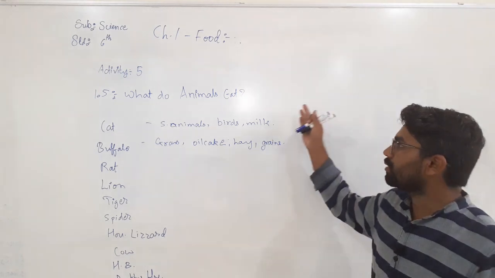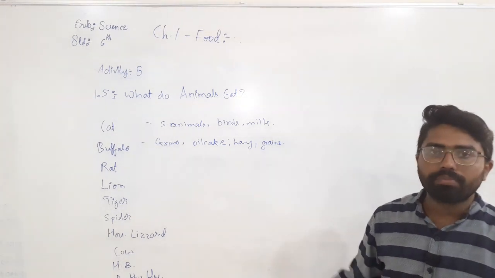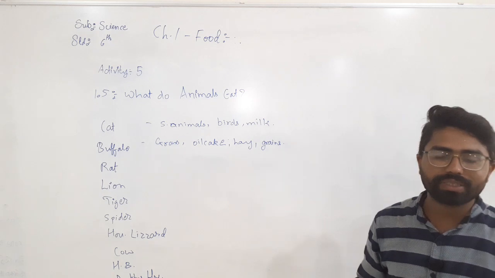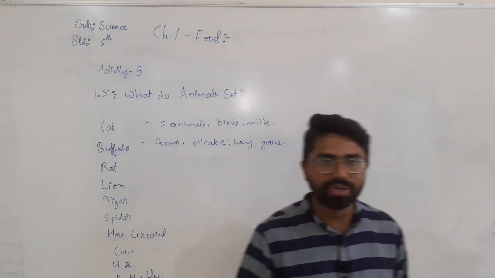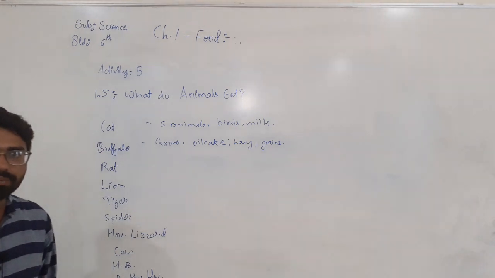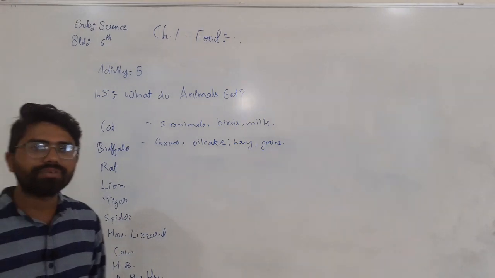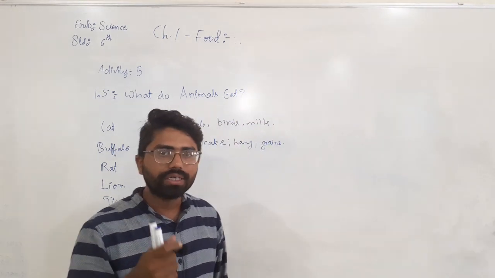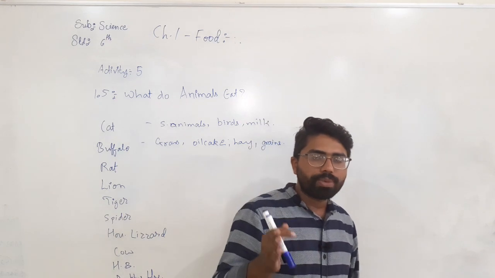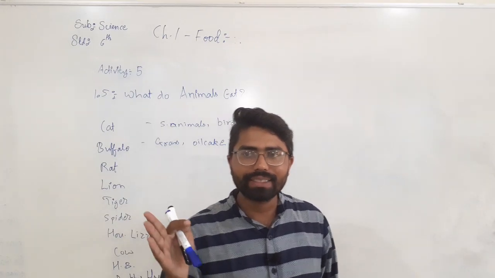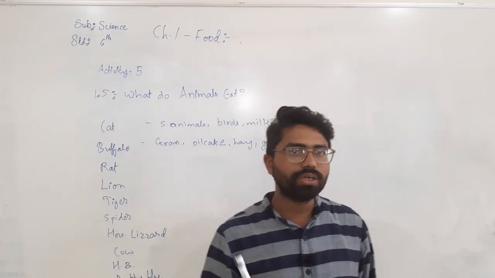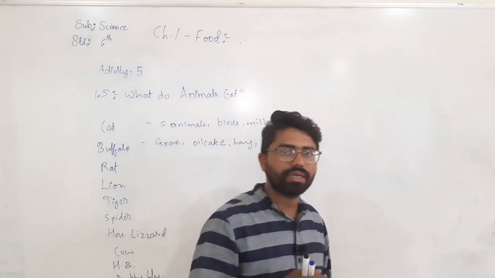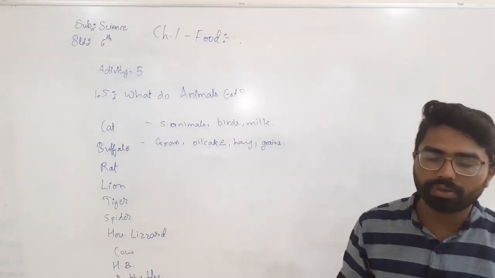Then the parts of the plants, which I have drawn. Root. In the root system, what is there? There are two types of roots, one primary and one secondary. Then comes the stem, then leaves, or you can say a leaf. Then comes a bud, a small opening of a new branch, that is known as a bud. Then a node, where there is a connection between a branch and a stem, that is known as a node. Then the internode is there. Then flowers, fruits and stems are there. So all these are the parts of the plant.